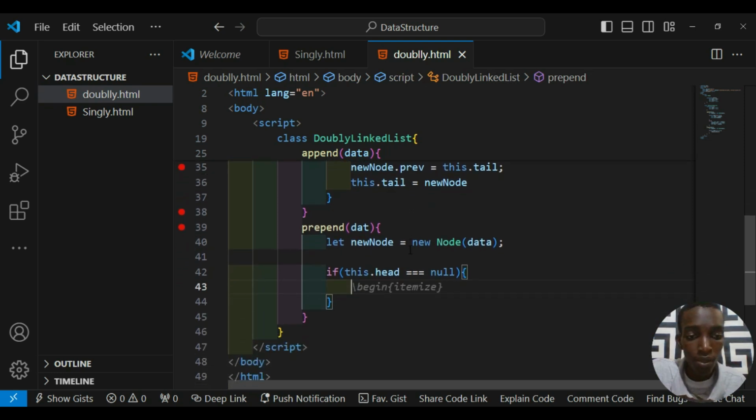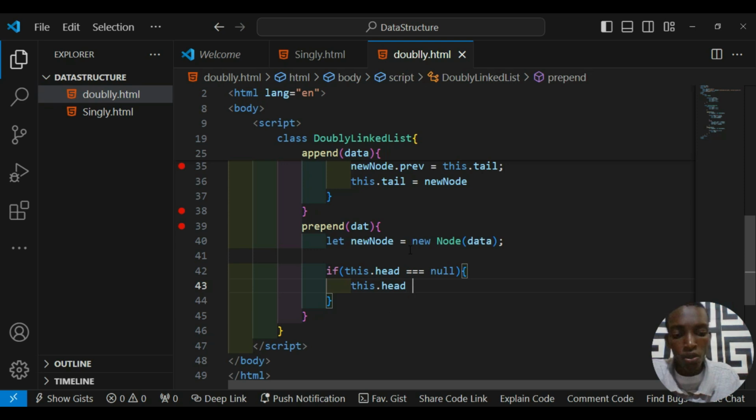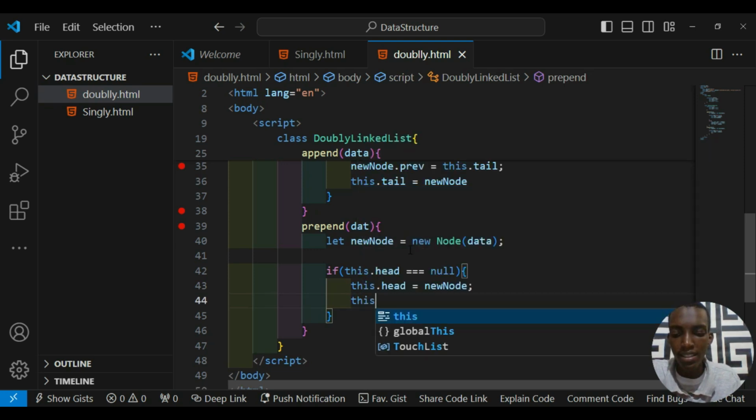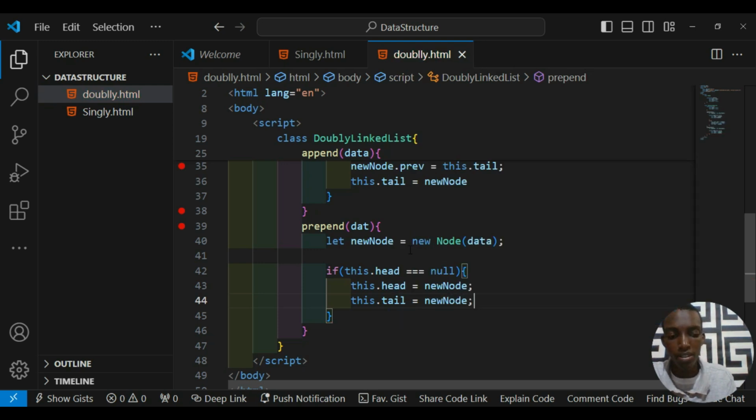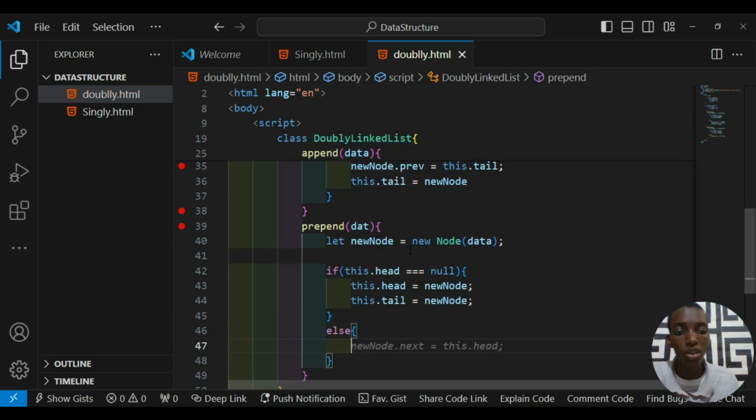So I could say this dot head is equal to new node this way. The next thing I do is say this dot tail is equal to new node the same way. Now it's making sense. Now the next thing we say is our else statement. What are we trying to achieve here? Otherwise you should update the new pointers. So I can say new node dot next is now equal to this dot